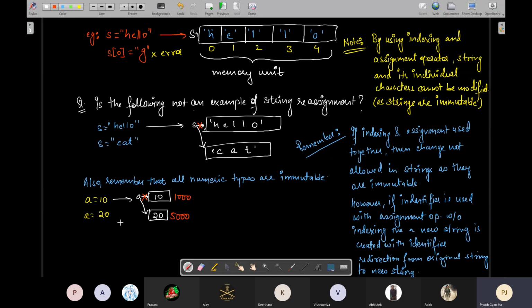तो दैट मीन्स अगर a को a इक्वल टू 20 कर दिए और a का देखोगे कि इन विच रूम नंबर और विच मेमोरी ब्लॉक a इज करेंटली एसोसिएटेड, तो ये 5000 दिखाएगा। लेकिन पूछोगे कि 10 किस में है तो 10 देखोगे 1000 में ही रहेगा, because this 10 will not be updated, वो जहां था वहीं बैठ जाएगा because it is immutable, ठीक है। can be verified with id function।